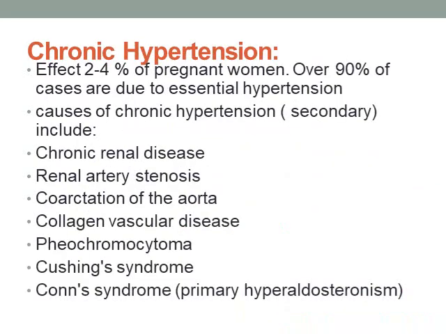Now the other part of our lecture is the chronic hypertension that might accompany pregnancy. In fact, chronic hypertension affects about 2 to 4% of pregnant women, and this percentage is rising because of the higher percentage of women that delay their pregnancy till the age of 40s, which is the age of the start of essential hypertension. Most of the population, pregnant women with chronic hypertension, about 90% of them are due to